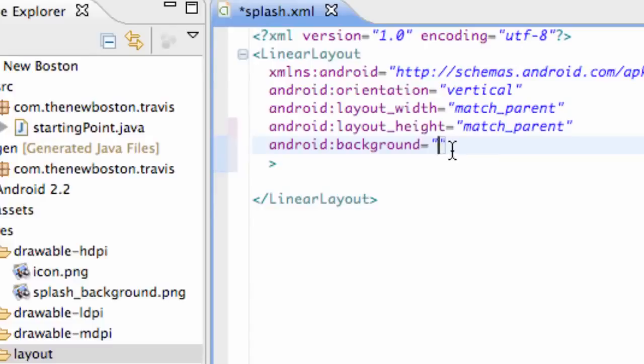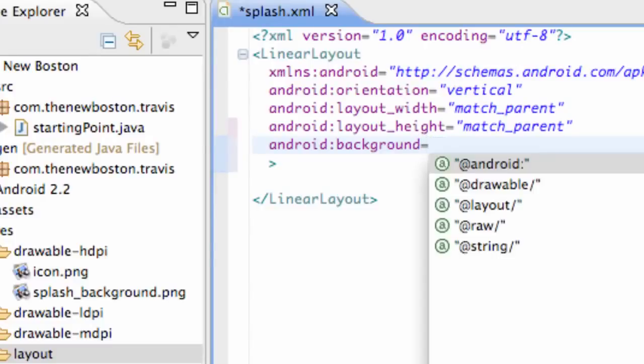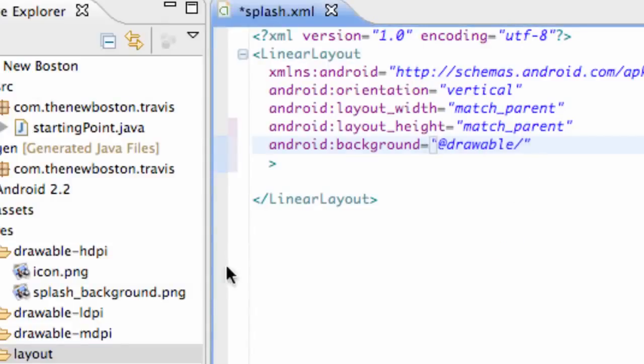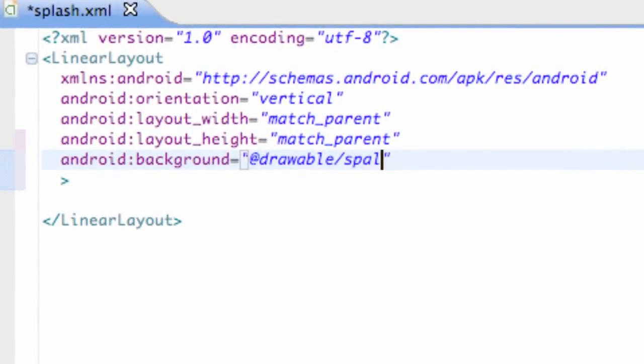And then how we reference it, we're going to say @drawable. Well, let's just do it this way. Hit equals, and then @drawable/ and then our actual image name. Again, if you guys didn't label these properly, if you had like an uppercase letter, it's going to mess up your project, then you're going to get all confused. So make sure those are lowercase, and then clean your project again. So then we're going to say @drawable and then splash